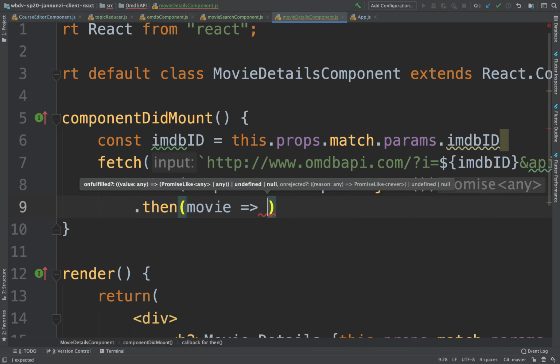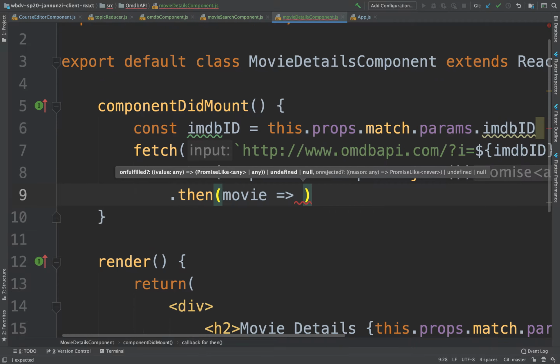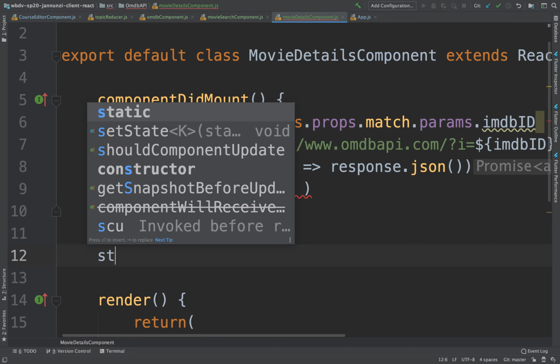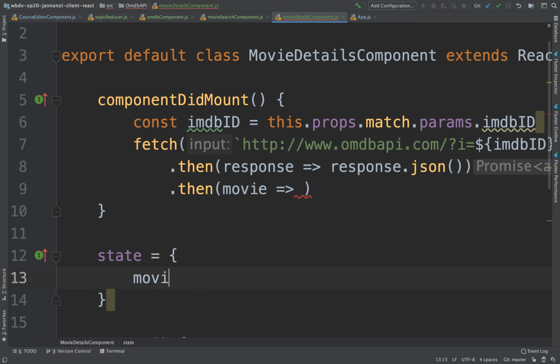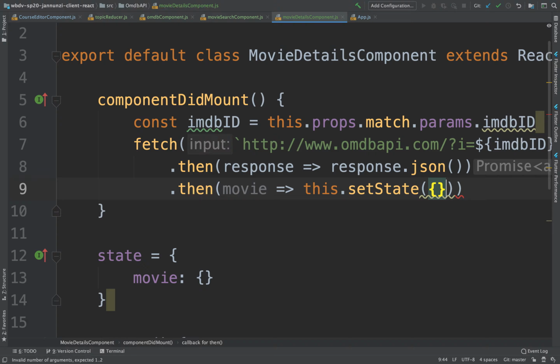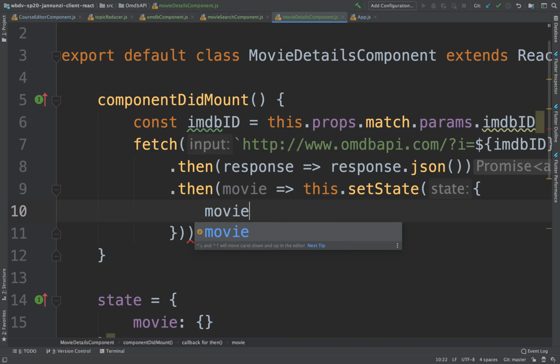Now, what do we do with this movie? We could store it in a state variable called movie, for instance. Maybe we can initialize a state here. We can say this is the movie, which is initially empty. There's nothing in it. And so we can say this.setState that the movie is going to be the movie that comes from the server. Now that we have it,